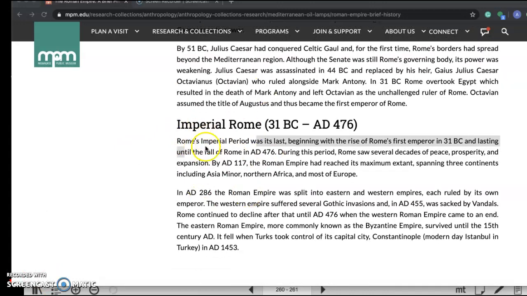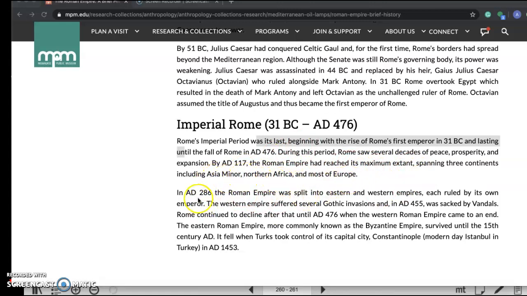Imperial Rome, and the last part. Rome's imperial period was its last, beginning with the rise of Rome's first emperor in 31 BC and lasting until the fall of Rome in AD 476. During this period, Rome saw several decades of peace, prosperity, and expansion. By AD 117, the Roman Empire had reached its maximum extent, spanning 3 continents including Asia Minor, northern Africa, and